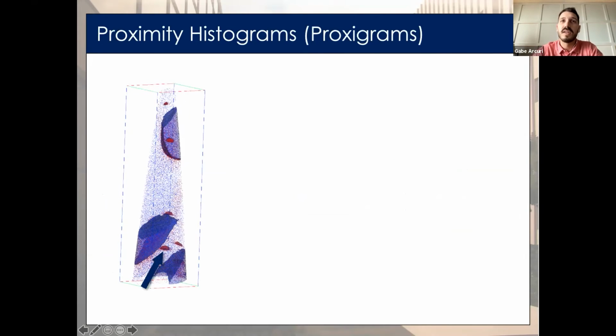As you can imagine, the 1D profile is most useful when working with flat interfaces. But what about a 3D volume, like our particle? Once you have defined an isosurface, an alternate method for a concentration profile is something called the proximity histogram, or a proxygram. A proxygram is similar to a 1D concentration profile, but instead of calculating a profile along an analysis axis in our ROI, the proxygram calculates the profile with respect to distance from an interface.